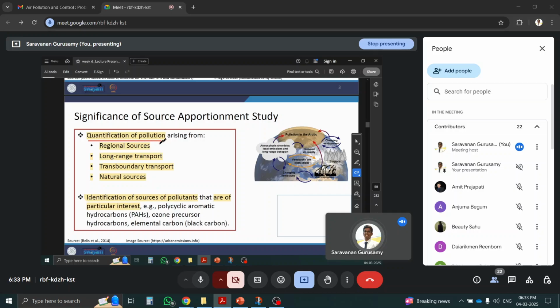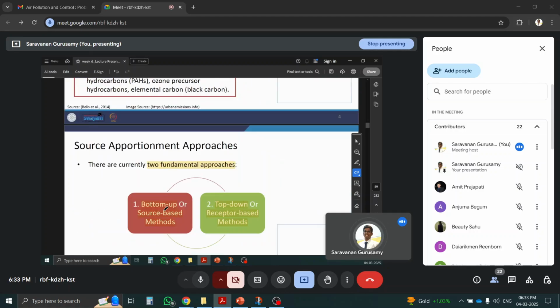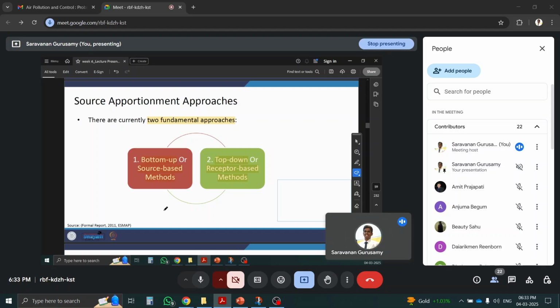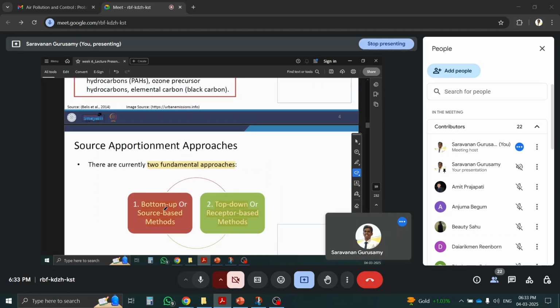So how to quantify this pollution by regional sources, long range transport, transboundary transport and natural sources. These are all sources which contribute to the pollution, and identification of sources is of particular interest, like for any pollutant you can say, and you can also detect any type of sources. So that's how you will get into this